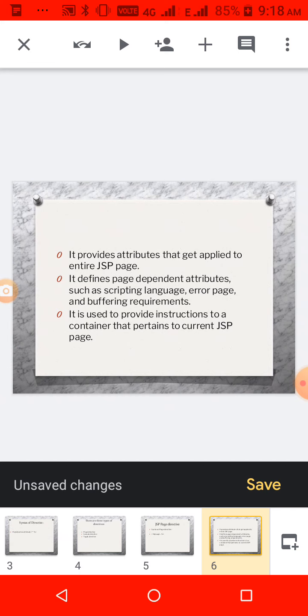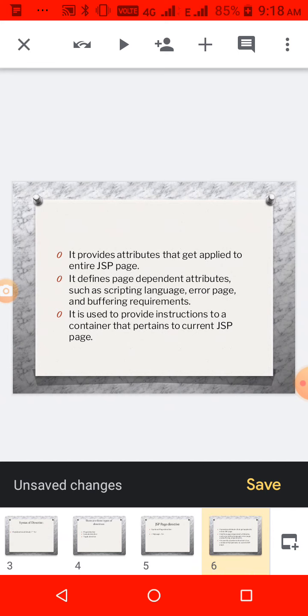It provides attributes that get applied to the entire JSP page. So many attributes and their values will be there. We will see now. It defines page dependent attributes such as what scripting language we are using in that particular page, how to handle error messages, how to clear the buffer.